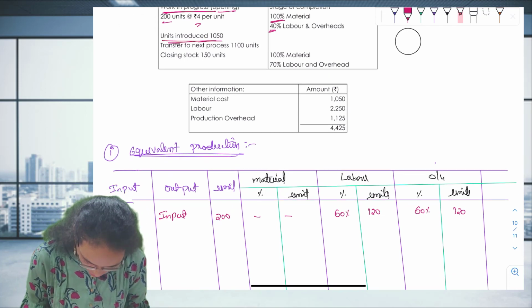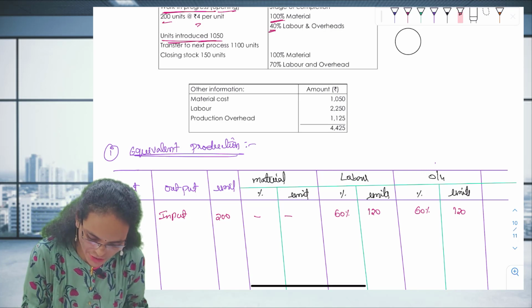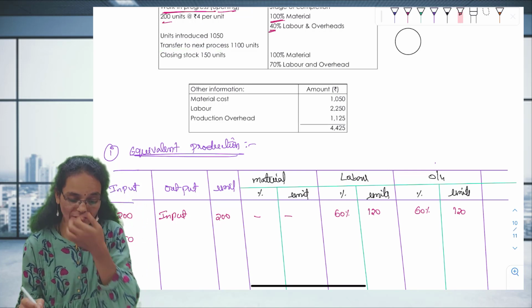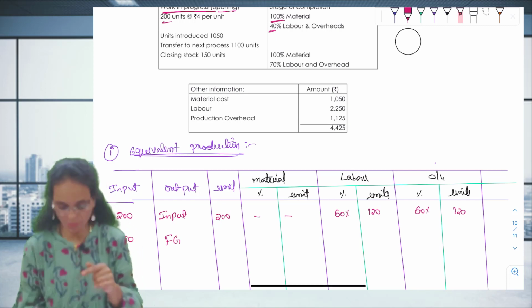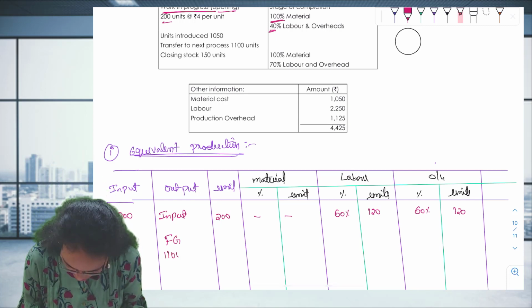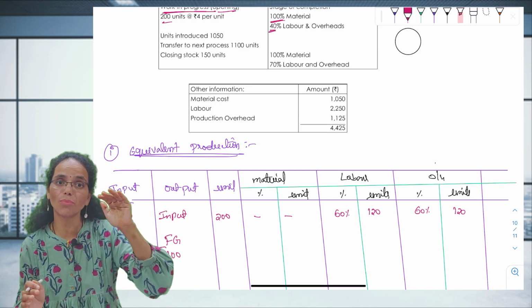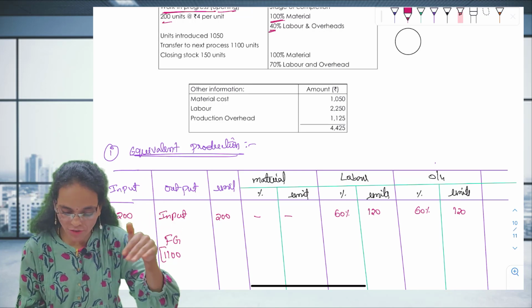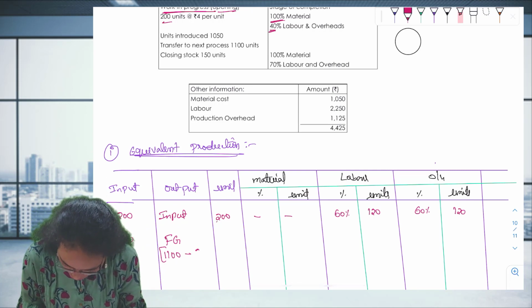Units introduced, 1050 units introduced, and transfer to the next process is 1100 units. See how many finished goods we have produced. 1100 units we have transferred, but we already have opening stock on which some degree of the work is already done, and the remaining work we did and we have transferred. In the sense, out of 1100, if you remove the opening one, you will come to know 900